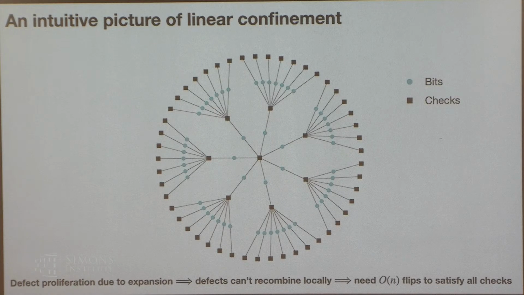So I have this linear energy barrier, and the intuitive picture for where this comes from is again because of this expander structure. Suppose you have the all zero state, which is a code word, and you have these local codes which require you to flip some number of bits to be happy. Now if I flip one bit, I make two local codes unhappy, and I need to flip more than just one to make it happy again, which spreads the pain, and then I keep spreading the pain. I have to go to some order n number of flips before these defects can start recombining, and my code can become happy again. So that's why I get this barrier, because I keep spawning more and more defects as I flip spins.